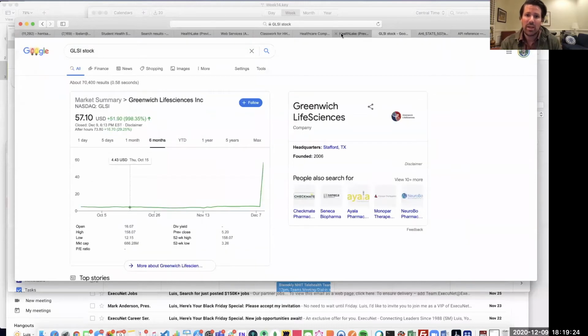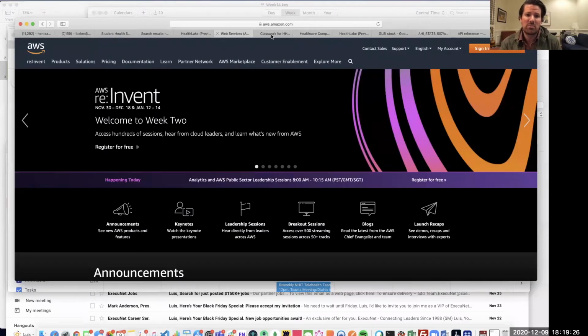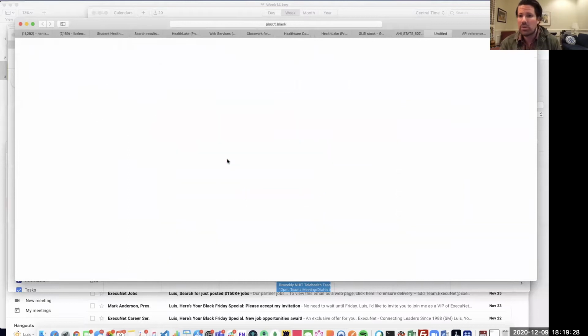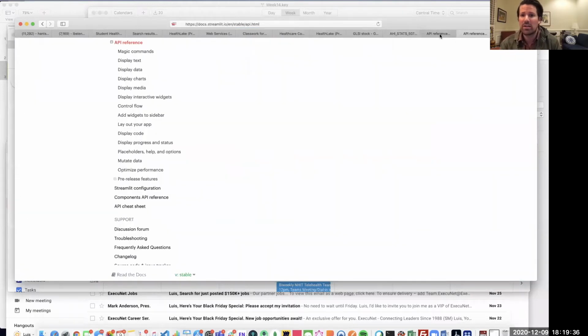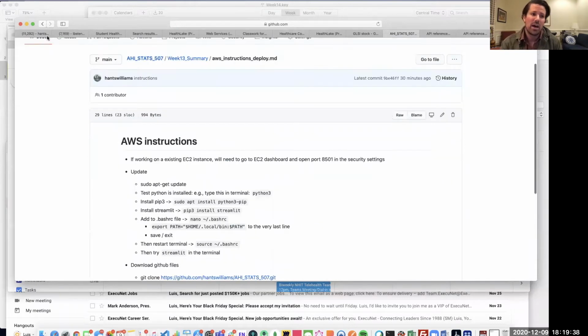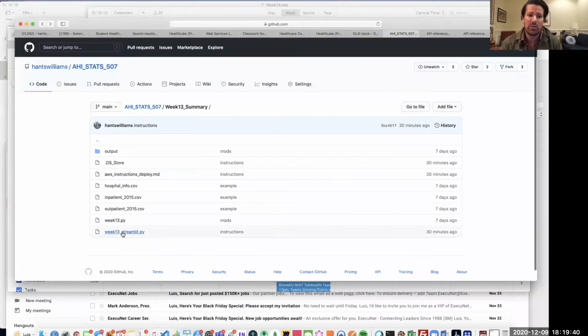Well, you guys are going to need to read through some of the documentation within the Streamlit. How do you display text? How do you display data? And again, based off of the example file that I've provided to you guys already, the example file, the week 13